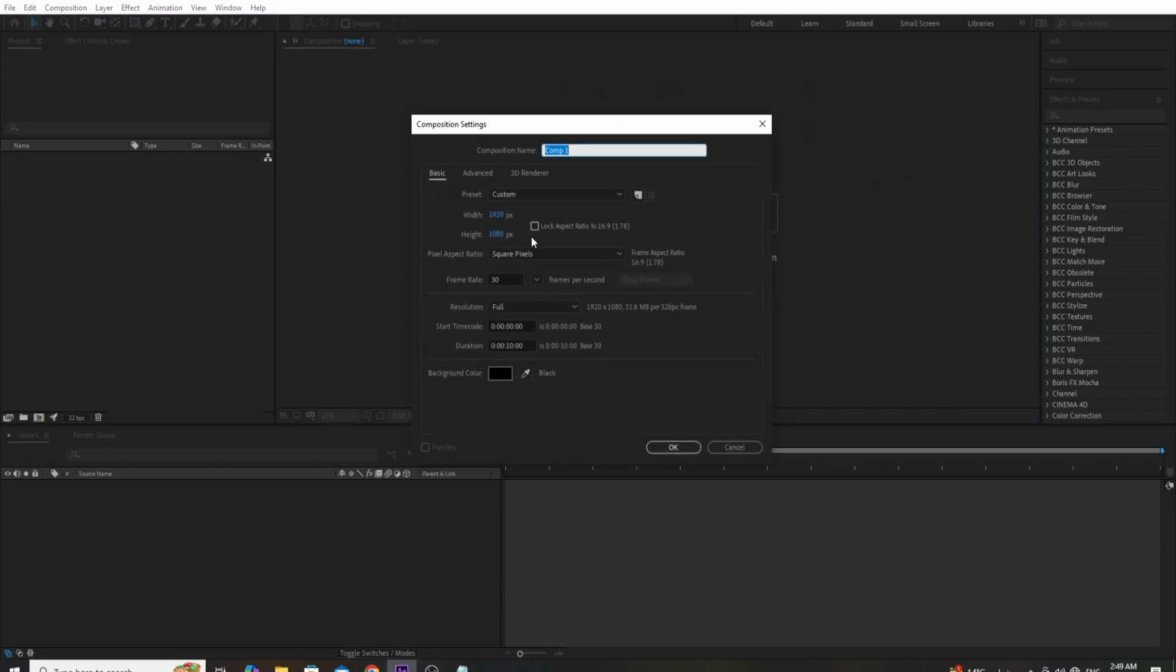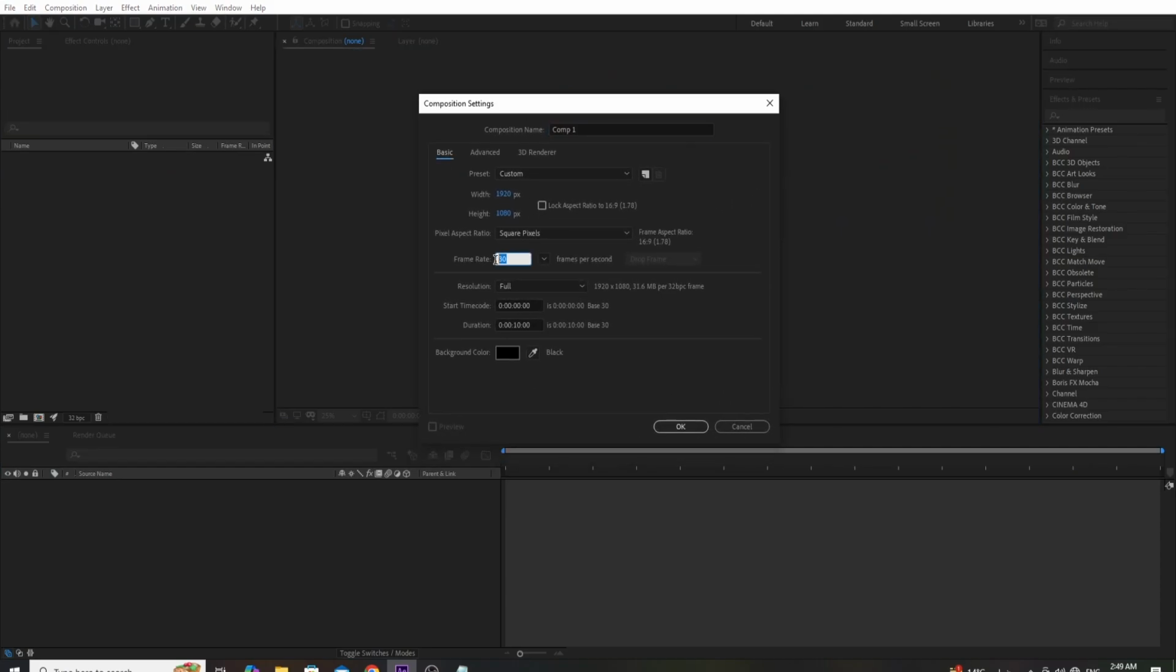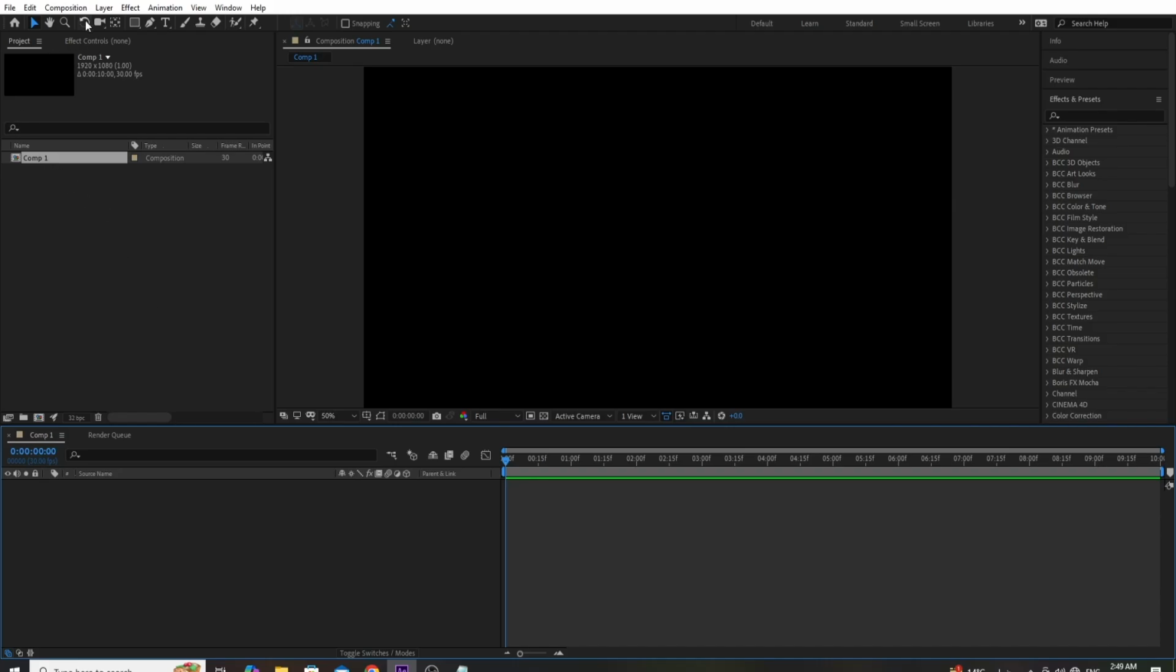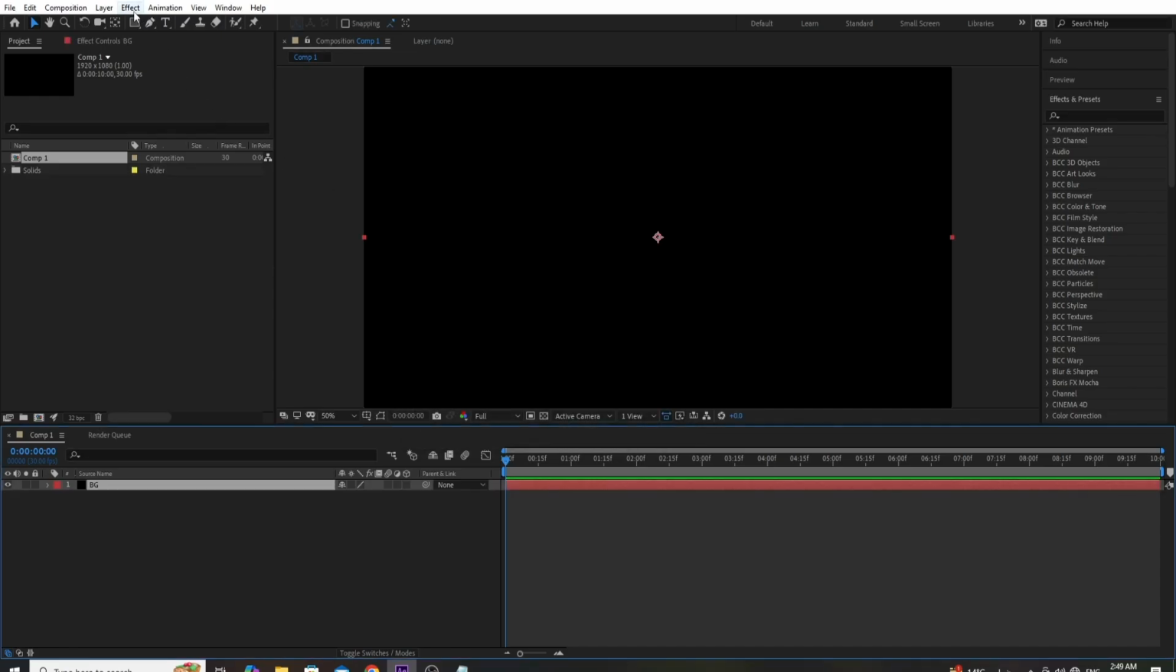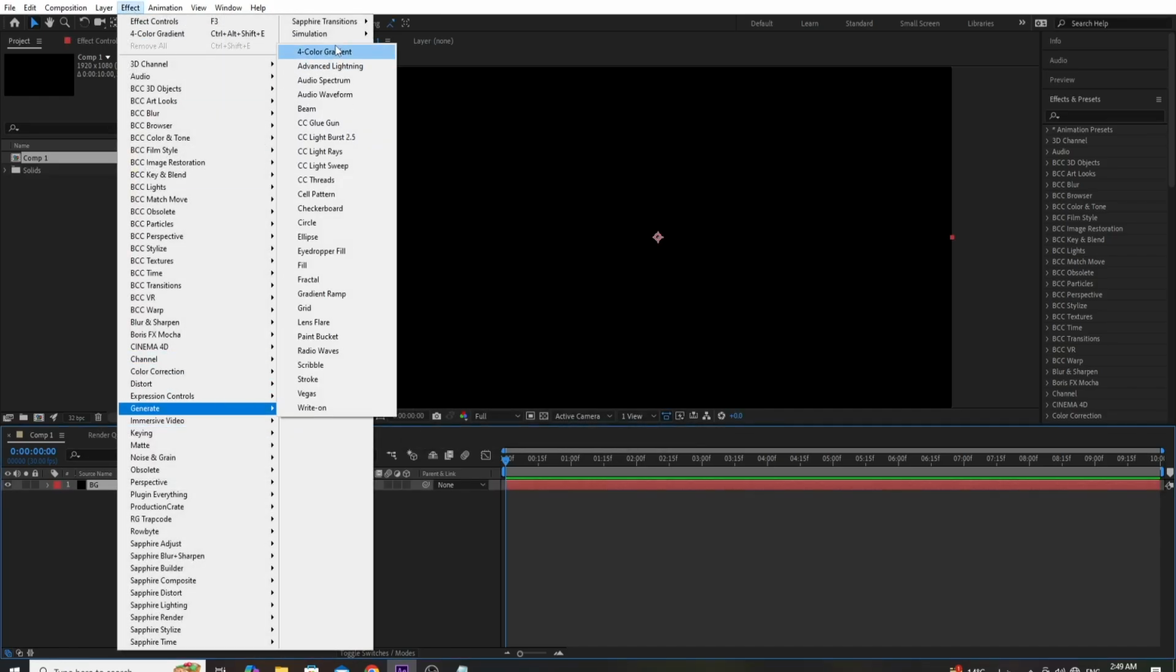First I'll add a new composition. I'll make it full HD, frame rate 30 and duration 10 seconds, then hit OK. Go to layer, new solid, and I'll name it background, then OK. Go to effect, generate, and for color